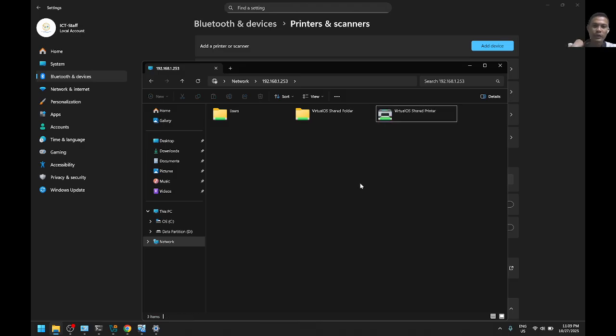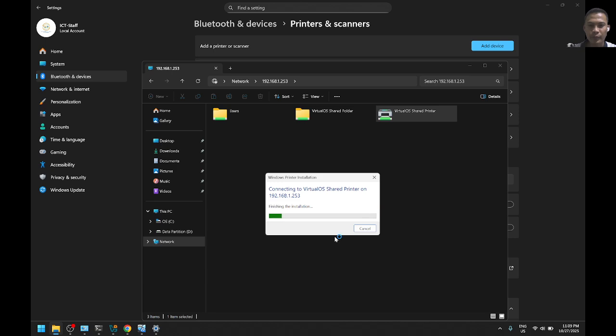But there are times when your base OS has an issue in its operating system with printer sharing. So we will not introduce how to fix it here. We will take care of fixing it. So, right click, connect.